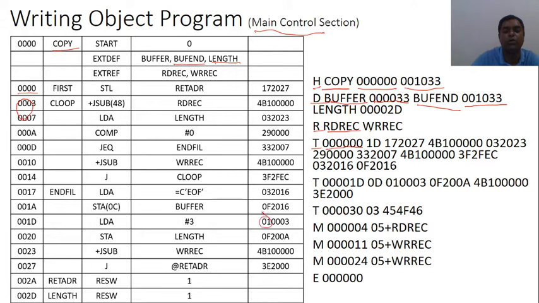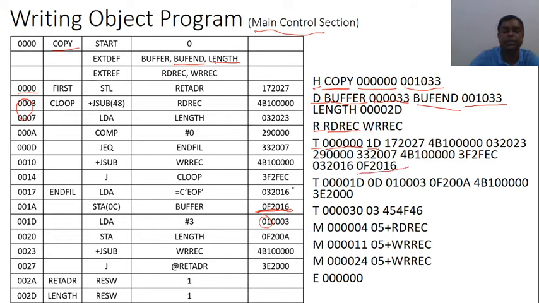That means our text record size will be 29 bytes until this point. So 29 in decimal, and in hexadecimal that will be written as 1D. So it is written here 1D. Then we have to write the object code 172027. In this way we write the object codes until this point, 0F2016.